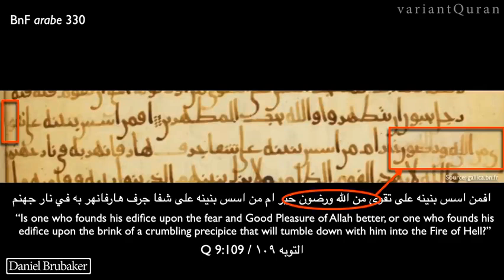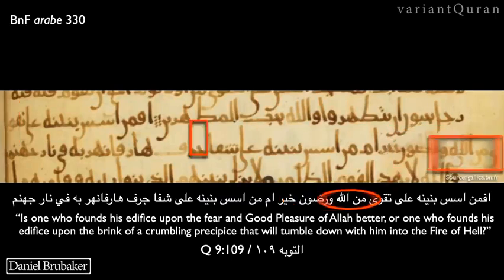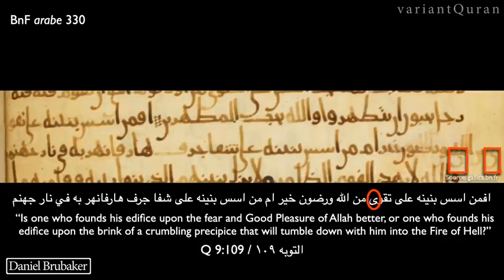I think this does look like it is the work of the original scribe, and probably near the time of first production of this manuscript, although we can't be for sure on that. But the ink color and nib width and all the other factors point toward something that happened closer to the time of original production. So if we look underneath here, what we can see is that there is a shadow. Actually, that first Aleph Maksura and the word min seems to be kind of faded. And so if you were looking at it initially, as does the waw that ends the final line, it looks a little bit faded as well. So we'd want to think about what is going on there.